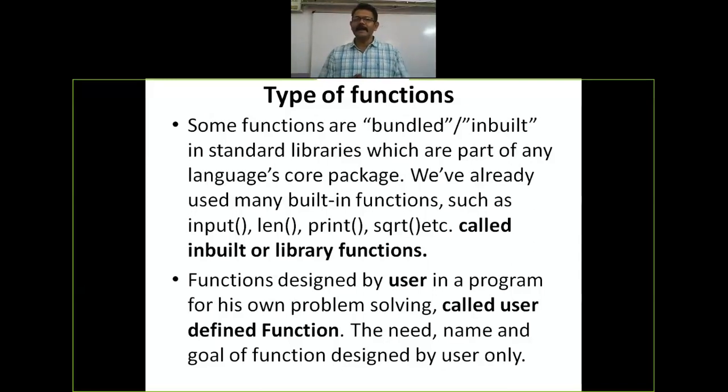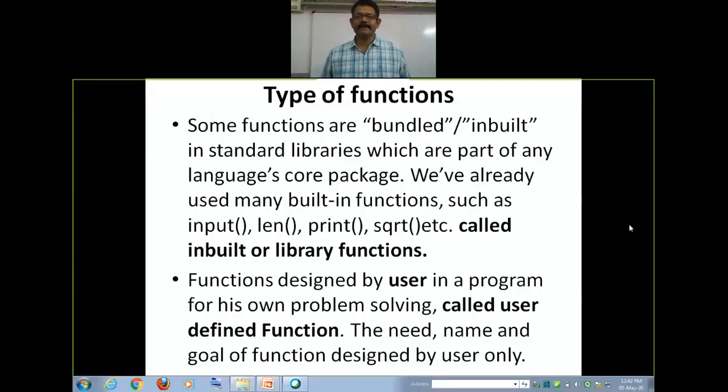The second category of function is the user defined function. In a user defined function, everything, the goal of the function, the name of the function, the statements written inside the function, all these things are designed by the user.